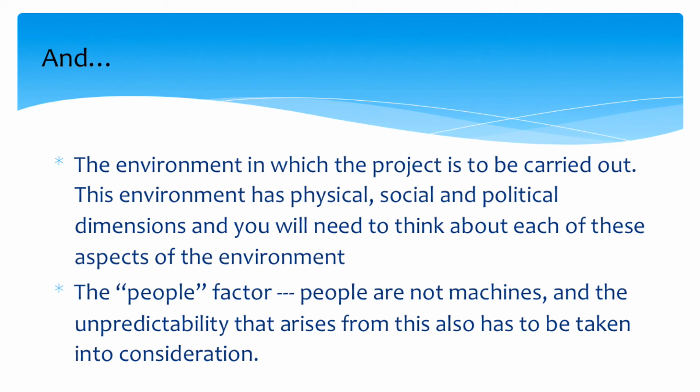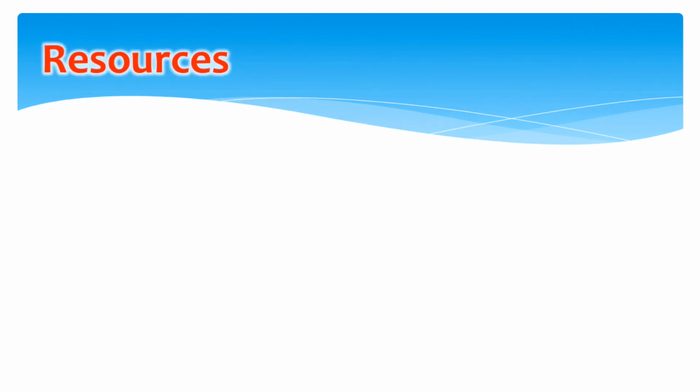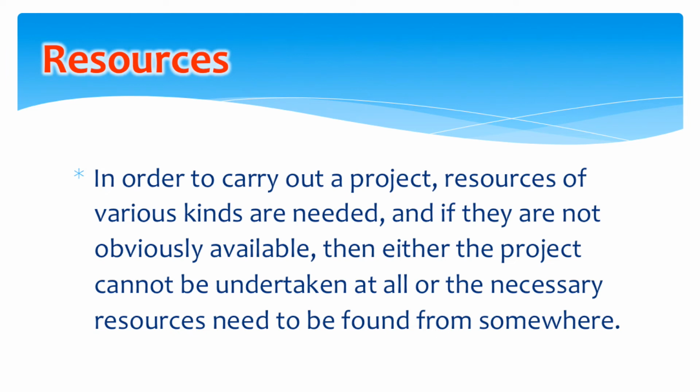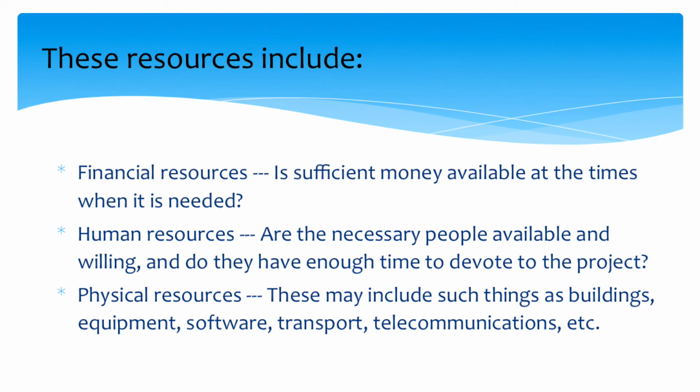人不是机器，人有一些不确定性、难以预料的情况也要考虑进来。Resources 资源。In order to carry out a project, resources of various kinds are needed, and if they are not obviously available, then either the project cannot be undertaken at all, or the necessary resources need to be found from somewhere. 要搞这个项目，各种各样的资源是一定需要的。如果没有资源，这个项目就泡汤了，根本不能实施，要不然你就去别处另找资源，反正得有资源。